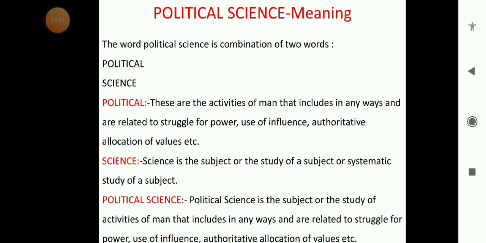Further moving to the meaning of political science. If you talk of political science, science means study and political means which is related with the activities that influence people or influence state, where there is struggle for power, authoritative allocation of values. So there are two words, political and science. Political means activities of man that includes in any ways and are related to struggle for power,